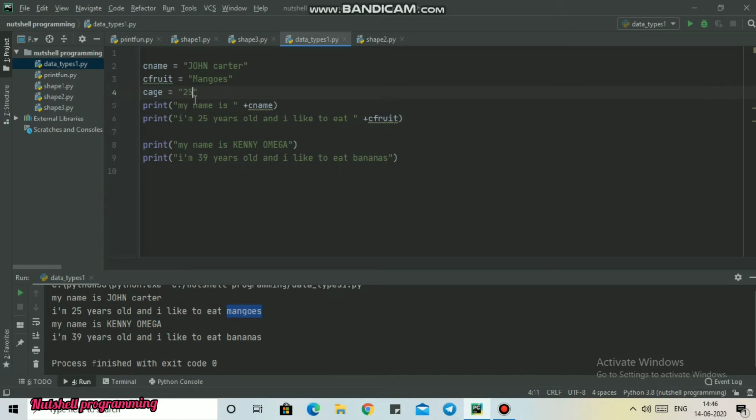I will remove this and put the text into the quotation marks, passing the variable C age here in the print statement. Now C age is holding the value 25, and I'm going to run this program to see what result we get.